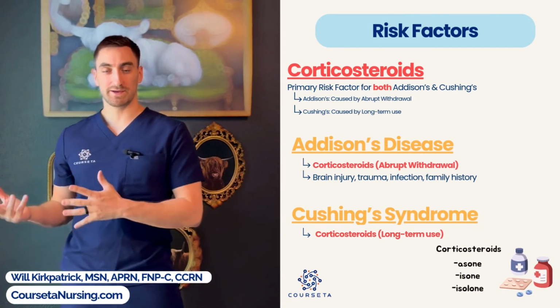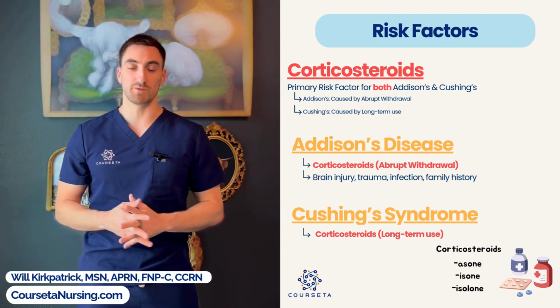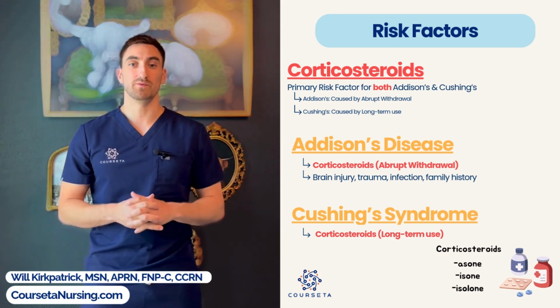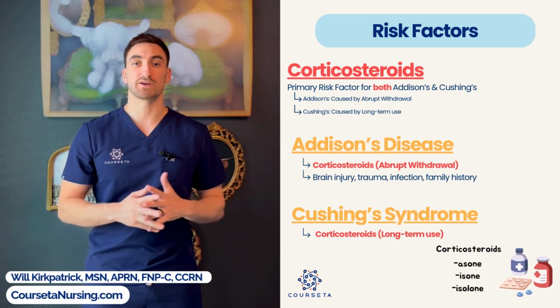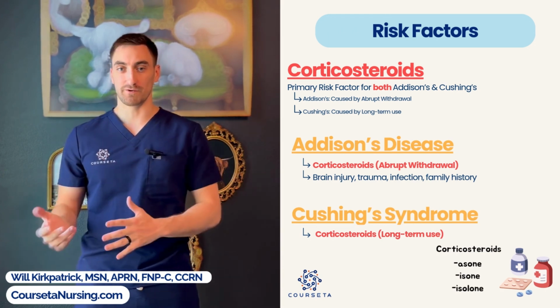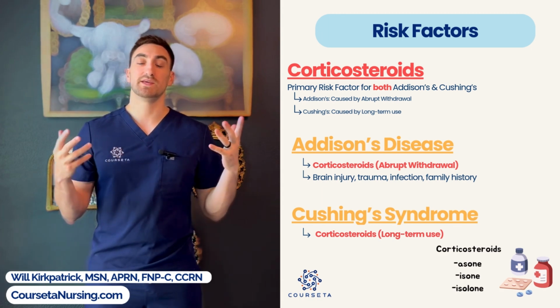All right, so let's move on to the next section. We have risk factors and complications. So let's first start with Addison's disease and we'll compare it with Cushing syndrome once again. So something I want you guys to write down with Addison's disease and Cushing syndrome, the primary risk factor is long-term corticosteroids. The most common patient you'll see with either of these diseases is someone who has been taking corticosteroids